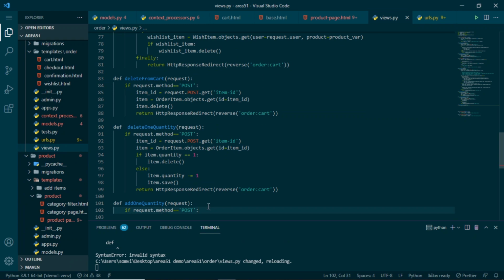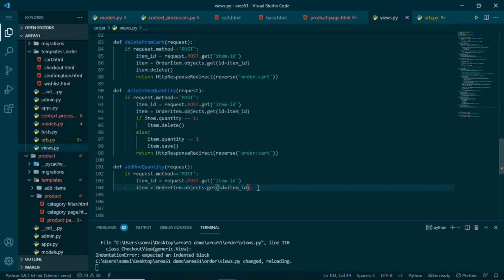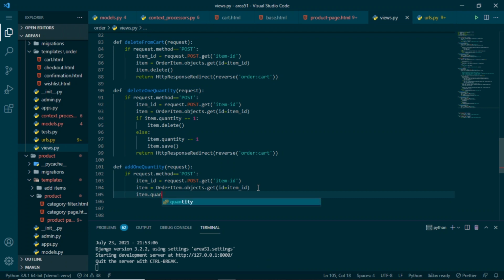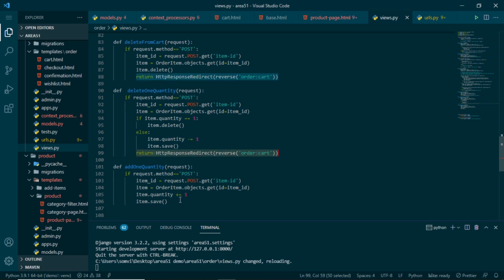We are checking if the request method is post. Then we will copy this because we are trying to take out the item. Paste it here. Now what we need to do is we just need to use item.quantity plus equal to 1. Here we need to give plus, and we can save this. If seller wants to set some restrictions, or you want to set some restrictions of the maximum order quantity one can place, we can use one condition here. Else we can just directly use +1. And finally we will redirect it to the cart page using the same line. Paste it here. Let's make a path for this.